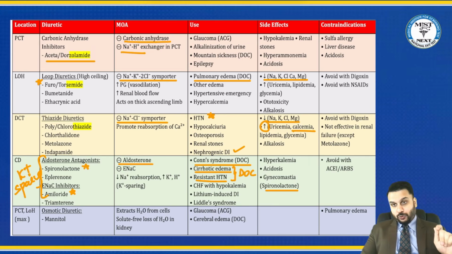Okay. I also told you, the important drug, the new drug that came in this topic called finerenone. It has some extra properties which we learned, nephroprotective property, antifibrotic property, etc. Make sure you revise that as well. Okay. Next is mannitol. Mannitol is the drug of choice for cerebral edema, the important point of view. Although there are other points that you must go through before exam. So this is a quick recap table that you got for that 1 mark you may get from diuretics. If you're lucky enough, maybe you can get 2 marks also. Okay.